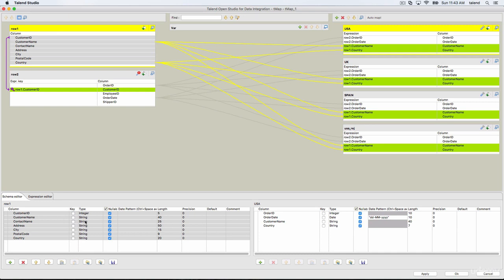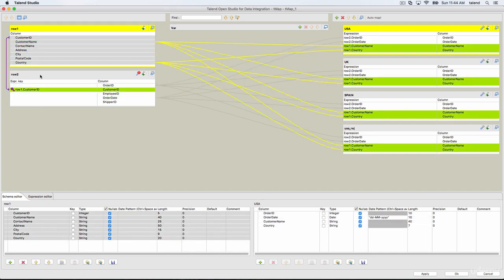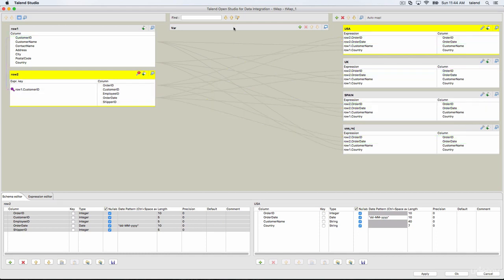The left side is for the input and the right side is for the target. When you click on that, it will show that particular link's metadata here, and same thing here. And this main and lookup table content you can see here, and these are the variables I was talking about.